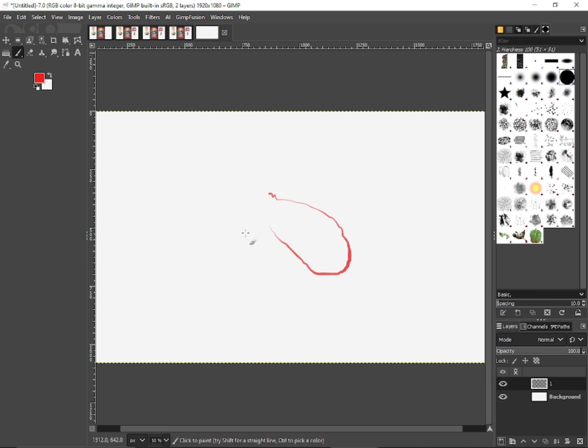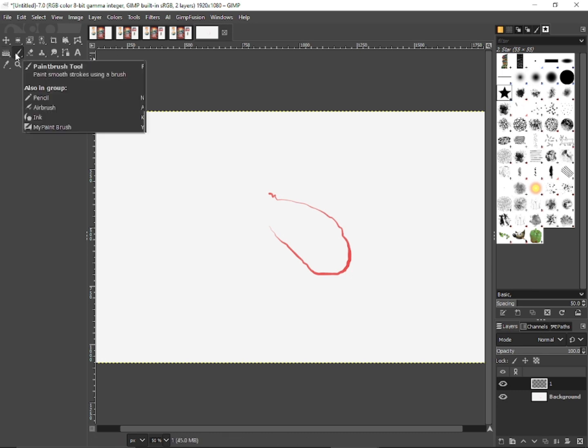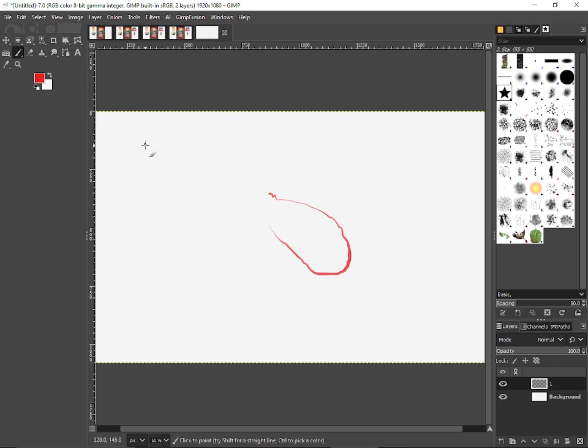Right now, if you want to draw on the layer 1 which we have created, and maybe I want to draw a star, I'll just click on the star brush here. Remember, we are on the paint brush on this side. Paint brush is the one we are using, and then I choose a brush here, which is a star, and then just left click and drag